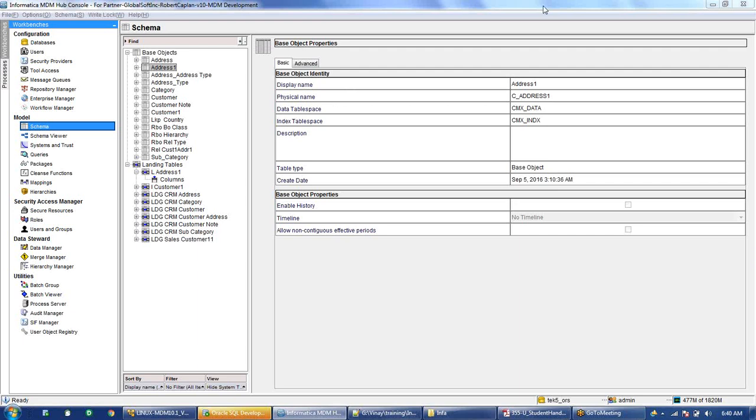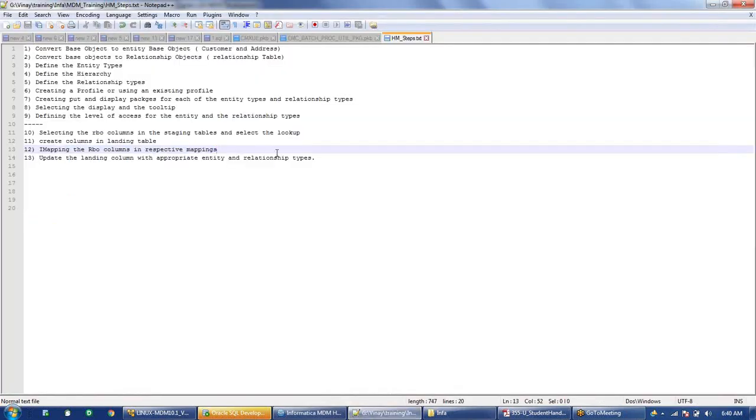Last time we were discussing the HM, or the hierarchy manager. So these are the steps basically for the HM. We had done till the 9th step, which means we have configured the HM property, loaded the data from the data manager, and tested the HM configuration. Does anyone have any questions on that?